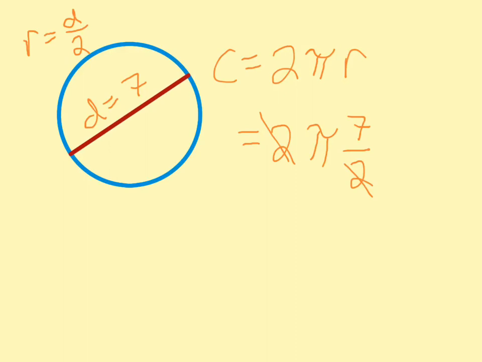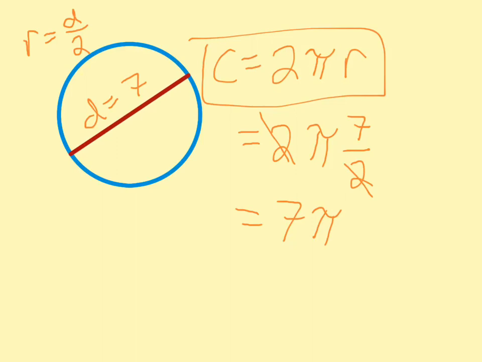Cancel those out, and I get 7 pi. Now, this is a case where it'd be easier to use pi times diameter, but again, later on you'll see if you're going to memorize one formula, this is the one to memorize because it goes with the area quite nicely. So the circumference is 7 pi,